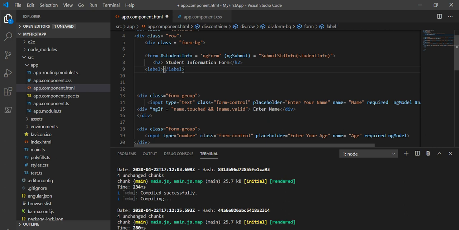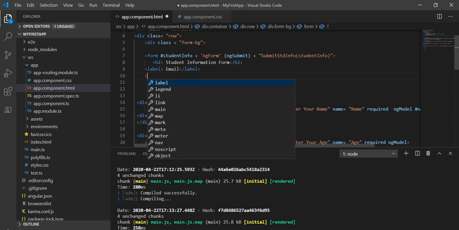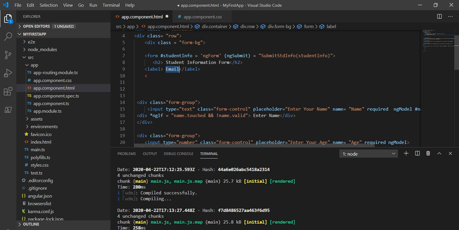In this label I will write email. Basically this email is a control.